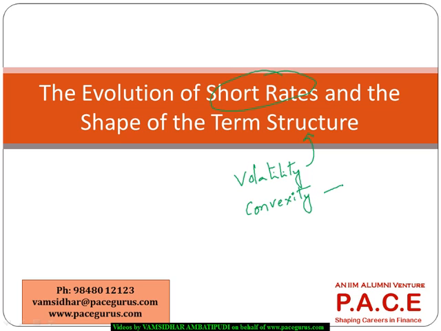based on how the convexity is impacted by the maturity period. We'll try to see what factors will impact the convexity of a bond, primarily looking at the maturity as well as the volatility of the security or the volatility of the underlying interest rates, and based on that,